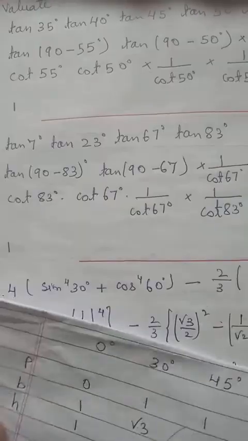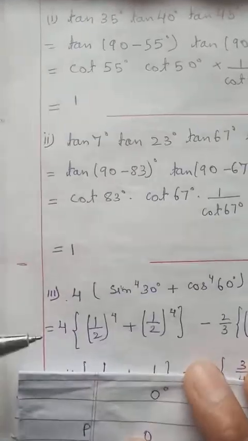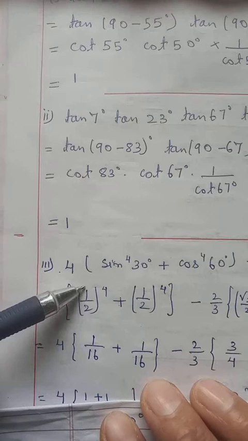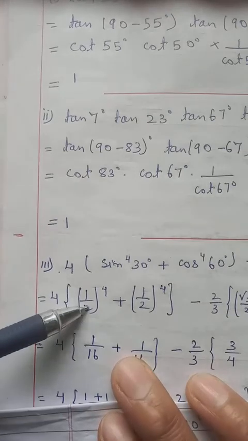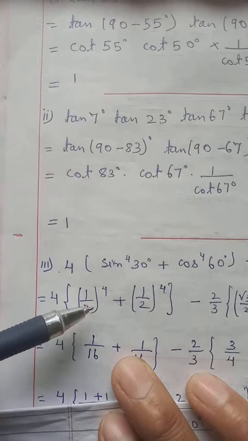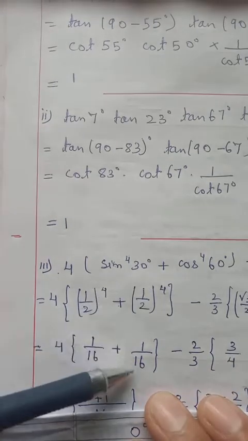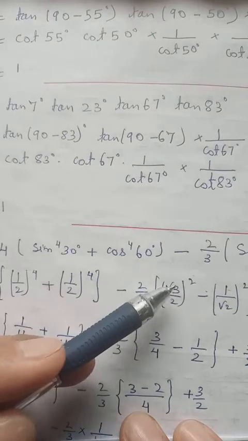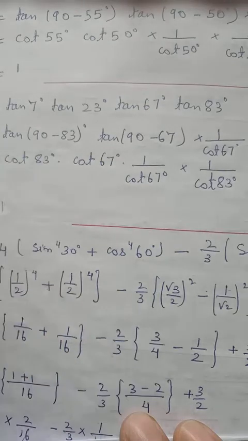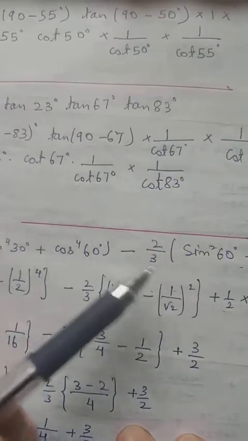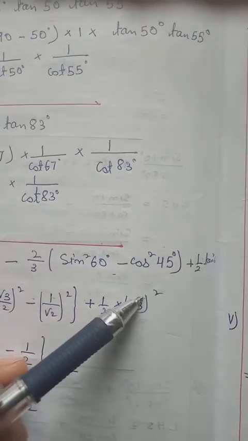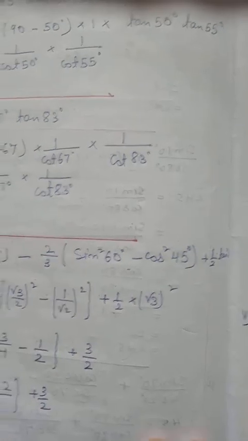Okay, so let's remove the square now. Here you have 4, leave it 4 first. Here you have power 4, so multiply 4 times. 1 into 1 into 1 will be 1. 2 into 2, 4. Into 2, 8. Into 2, 16. Here also same. Then here 2 by 3, let it be. Here we have square, so root 3 into root 3 will be 3. 2 into 2, 4. Then here we have square again. 1 into 1, 1. Root 2 into root 2 will be 2. Then here we have root 3 square, so root 3 into root 3 will be 3. So 3 into 1 will be 3 by 2.